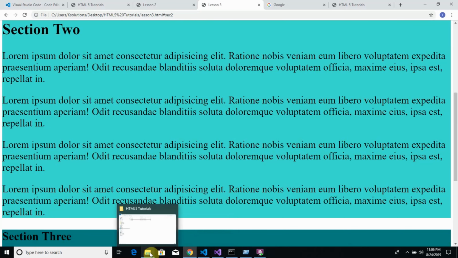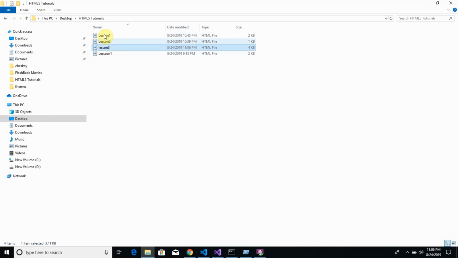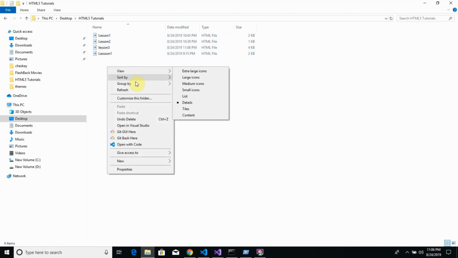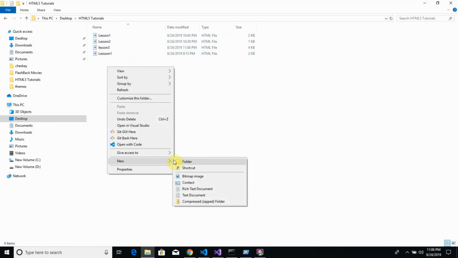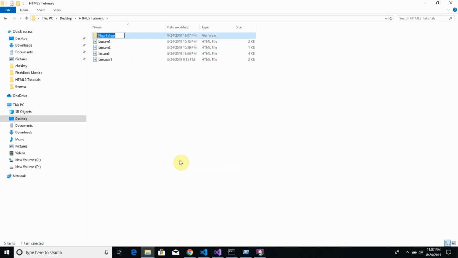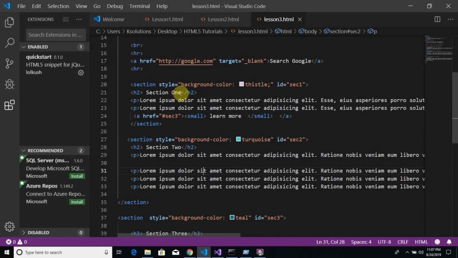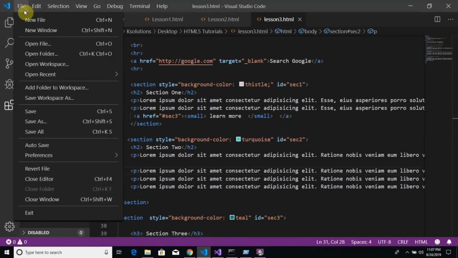Now, if you look at the directory of this page, they are all in the same page. Let's say we have another folder here, and we call this resources. What we want to do is to link from this page to a page within these resources. So if I go there and create a new file to be linked to,